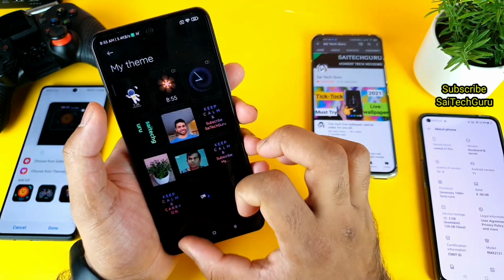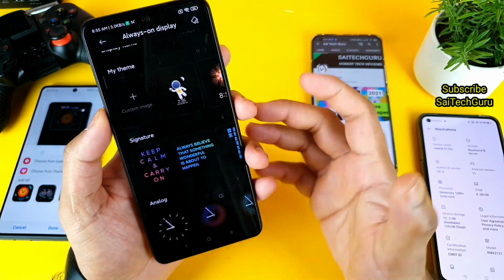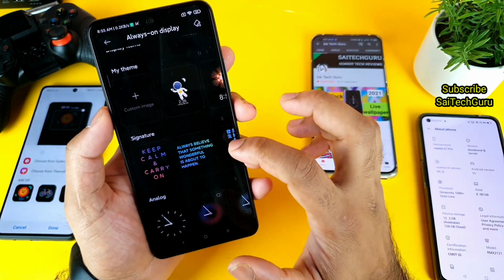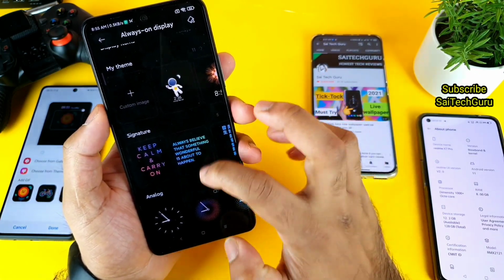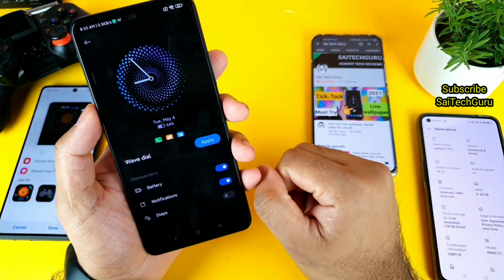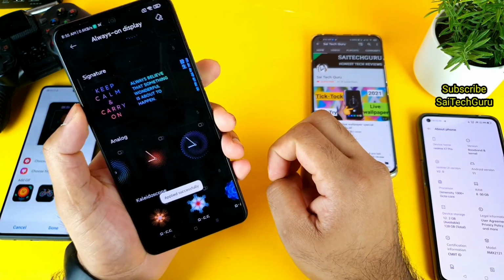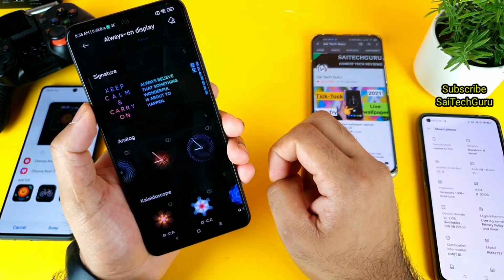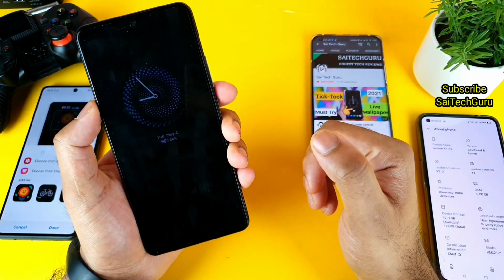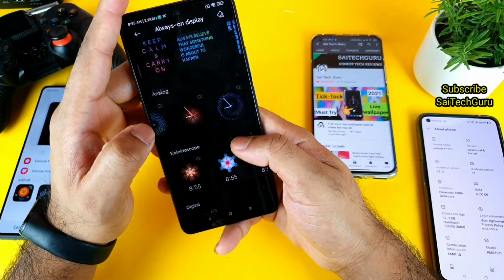As you can see, in this way you can change it, and you can add the custom image. And this is a signature where you can add your own text in different formats and different styles, as you can see here friends clearly. And this is an analog clock where you'll get different kinds of live analog clock interfaces, as you can see here. This is another live clock which looks really good. So you get a live interface here, and that's another good advantage in this phone in terms of live wallpaper designs.